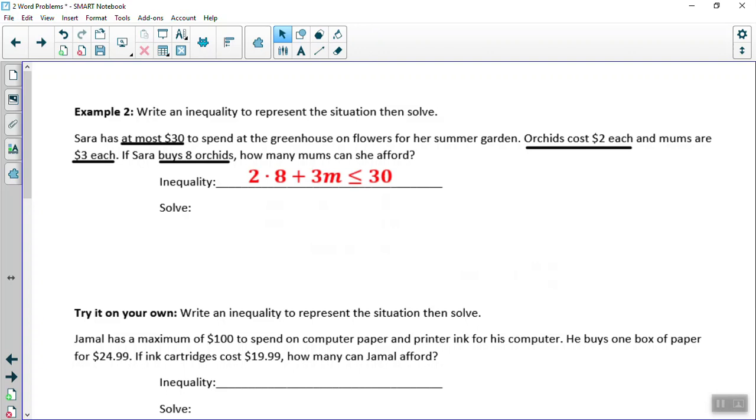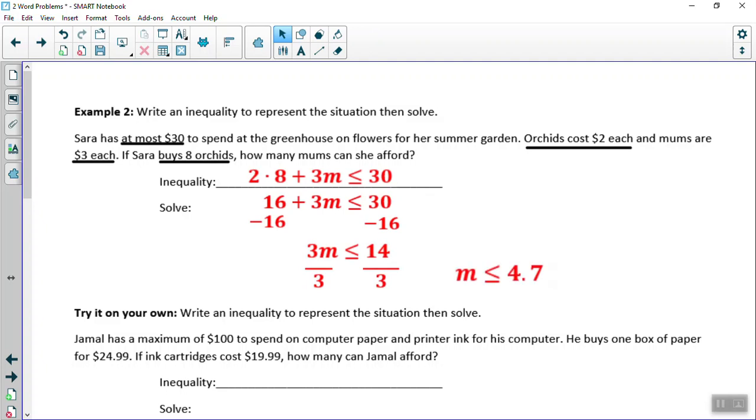All right, let's solve. We'll simplify. 2 times 8 gives us 16. Now we can isolate the 3m by subtracting 16 from both sides, and we end up with 3m is less than or equal to 14. Now we can divide both sides by 3, and we end up with m is less than or equal to